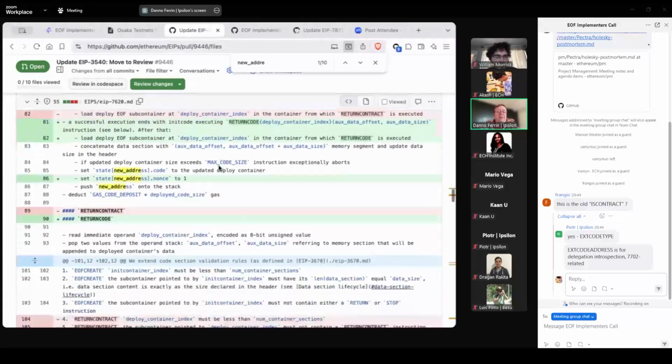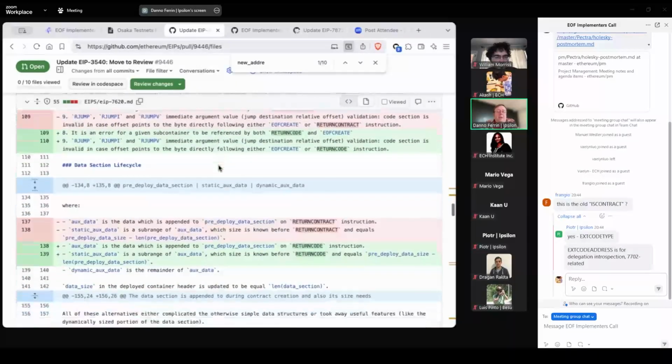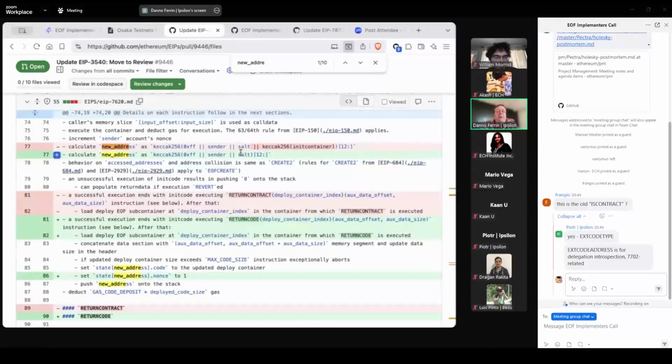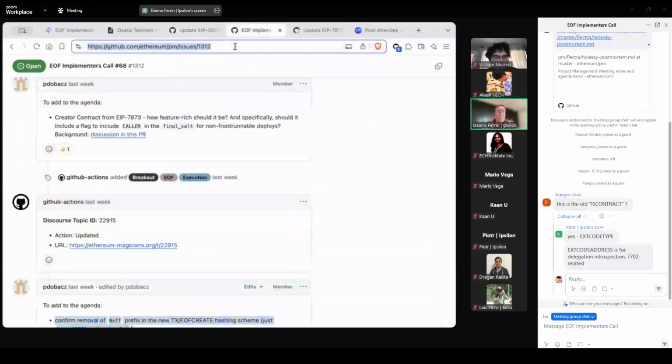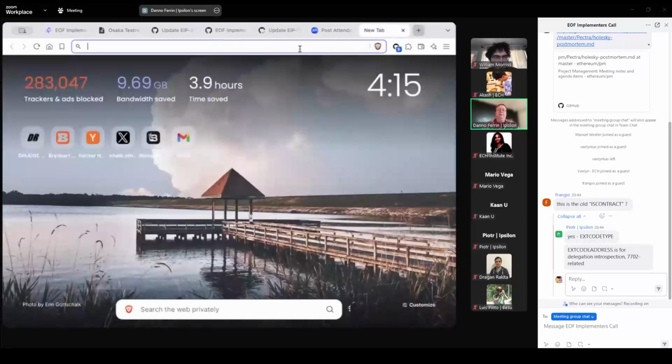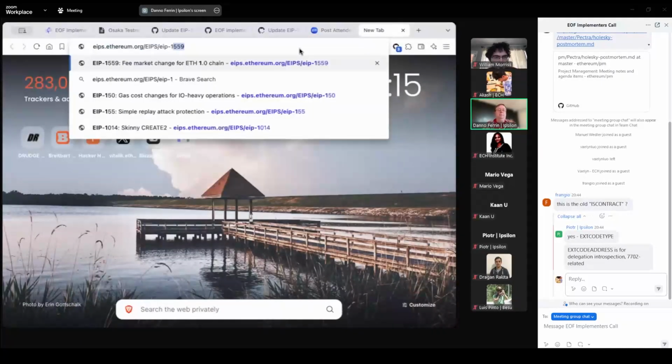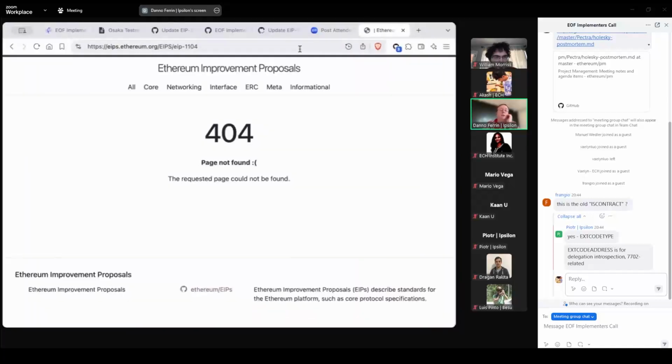So what I have printed in the PR right now is FF, which matches create2 sender salt. It is the same as create2. We just get rid of the init container part. No, this is literally is create2. What's the EIP number for create2? 1014. Okay. Well, it also has the init container. I mean, init code hash, right? It's create2, so that's if I can type the number in, right?